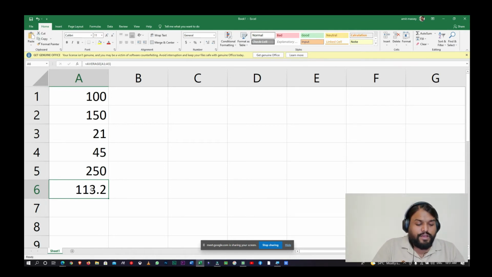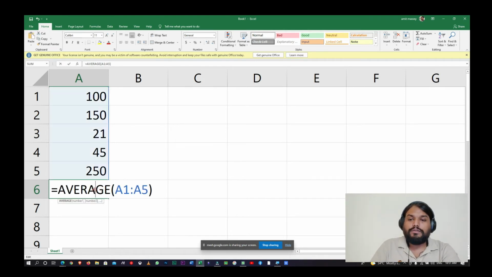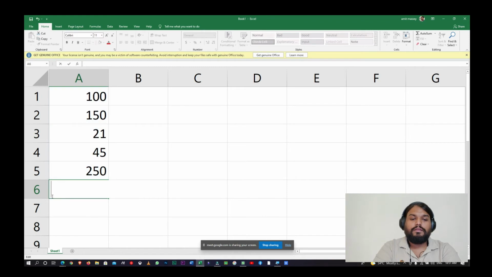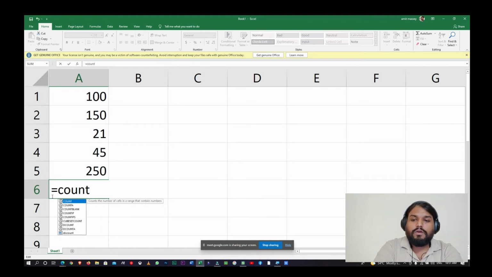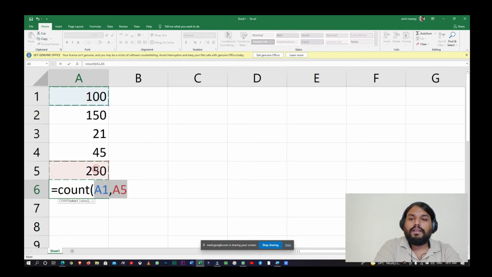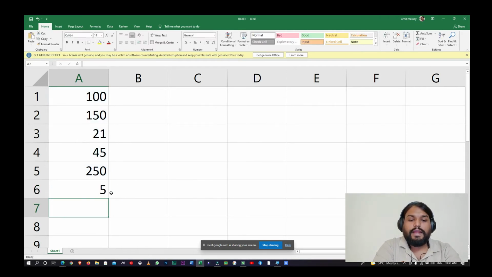In the same way you can use count. Let us see what count will do. Equal to sign, write count over there, parenthesis open, first cell, last cell, parenthesis closed, remove the comma, put a colon, enter, and here the count will come.